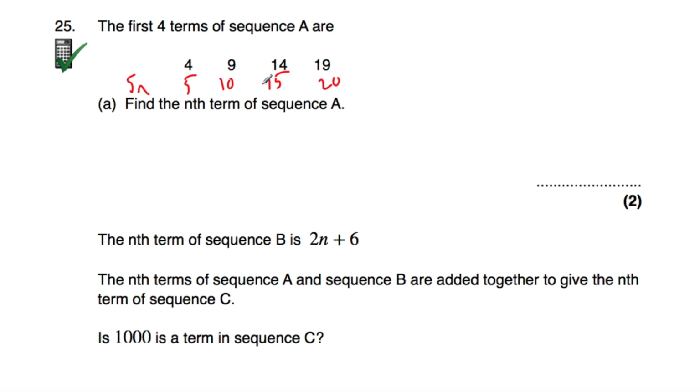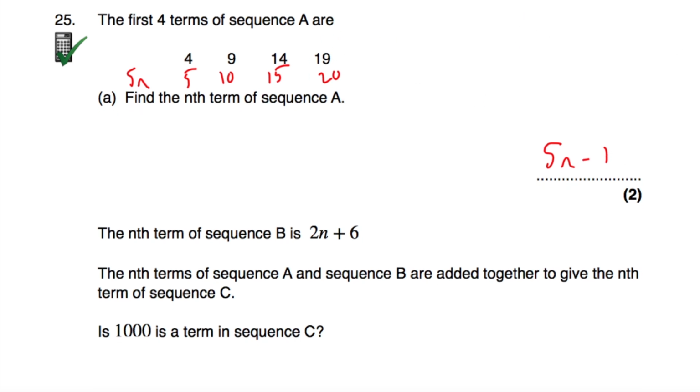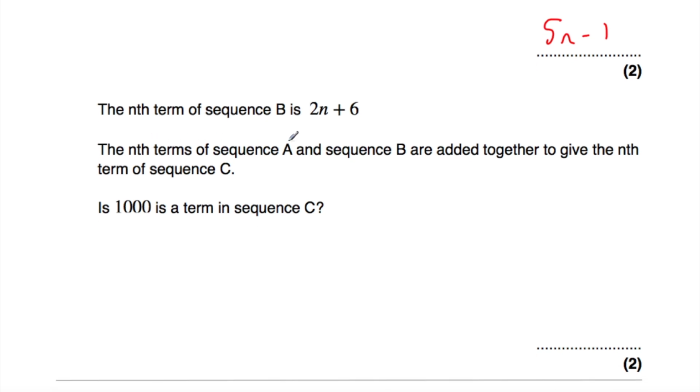So that's 5n. But our sequence isn't actually 5, 10, 15, 20. It's 4, 9, 14, 19. So it's 1 less than 5n. So our nth term would be 5n minus 1. And let's just check that. 5 times 4 is 20. Take away 1 is 19. So the fourth term would be 19. So we're right. Okay, and then if we carry on, we're told the nth terms of sequence A,